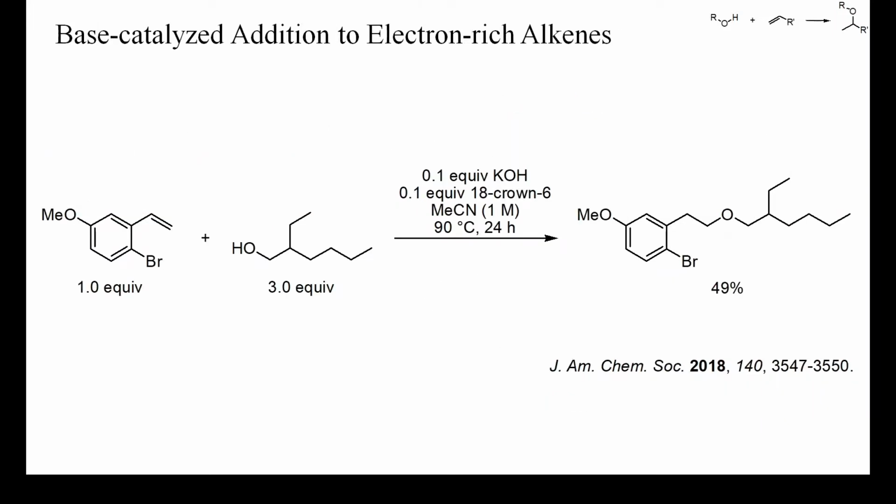Some alkenes, including electron-rich ones, can react with alkoxides and yield ethers, as in this example. Potential side reactions were nucleophilic cleavage of the methoxy group and aromatic nucleophilic substitution, but still a substantial amount of the target ether was obtained. With other non-activated alkenes than styrenes, the yields of ethers are, however, still lower.